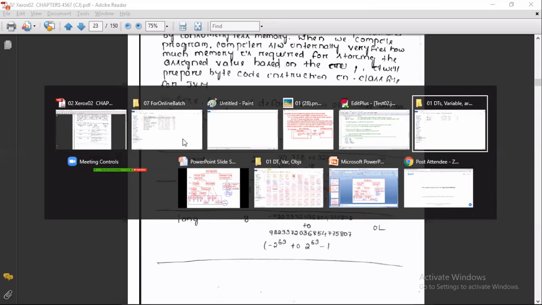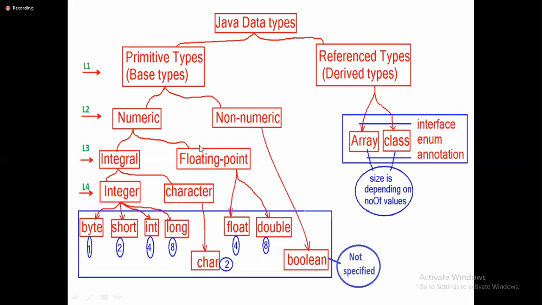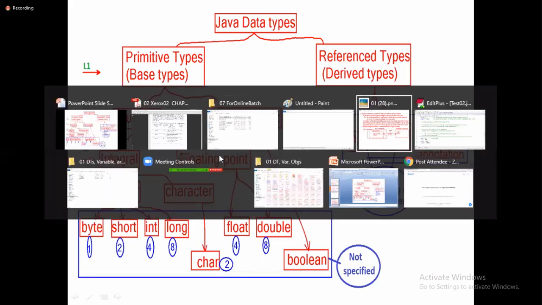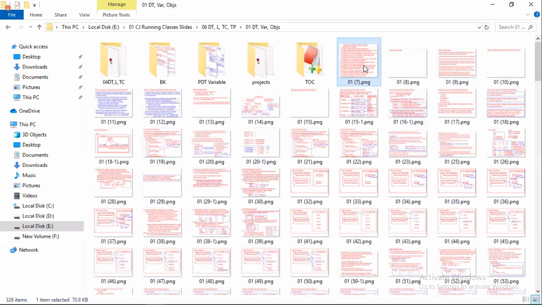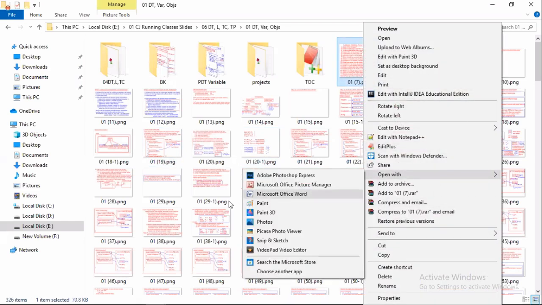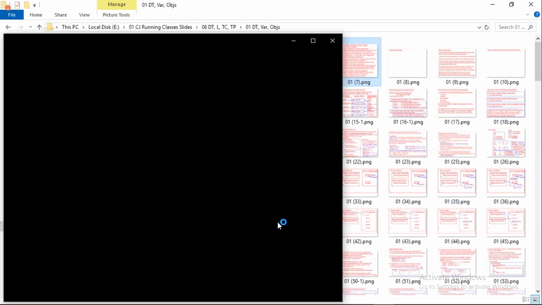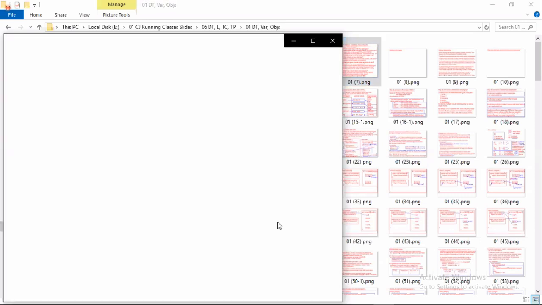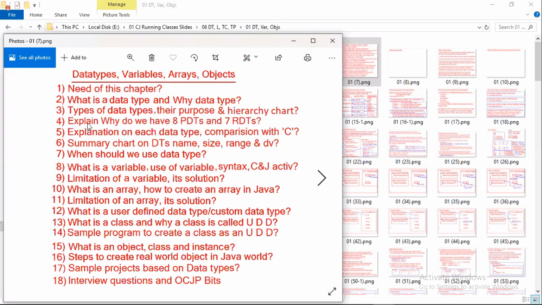Now, what is the point we are trying to understand? Explain each data type, with a comparison with the C language. Very important, you should have some idea about C language.